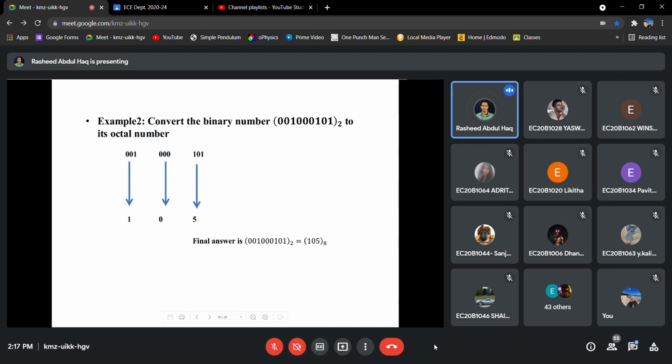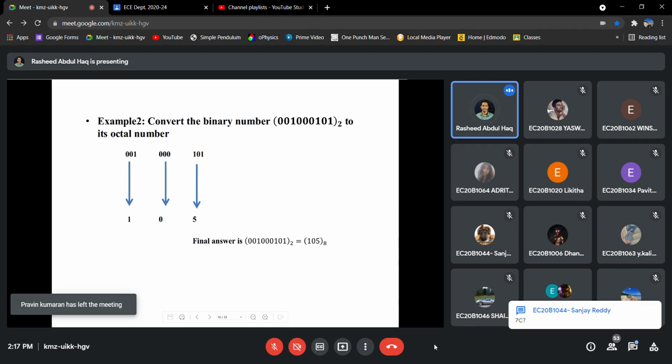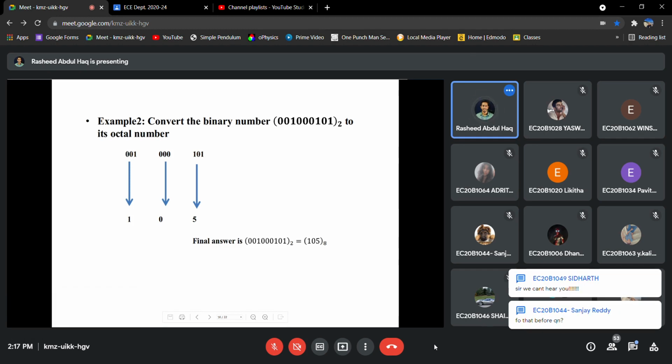Okay, meantime, let's consider another binary number, that is 001 000 101. This is binary. Convert to octal. Same method we can follow. We can group them into 3. Since it has 9 digits, we will get 101, 000 and 001, and each one can be converted into octal numbers. That will be 1, 0, and 5, and we will get the number